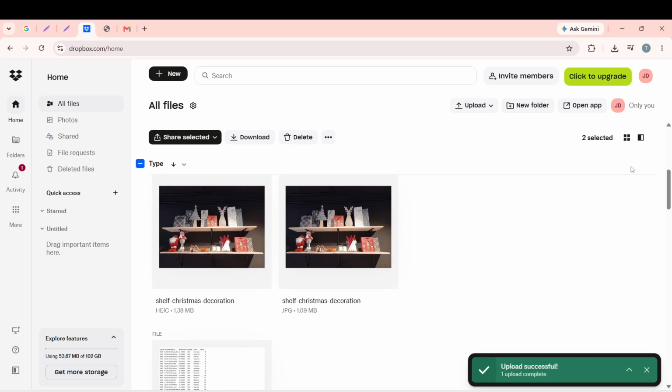After the upload is complete, you will receive a notification that the file has successfully uploaded. You might notice the file appearing in the list of items in your selected folder. This confirmation is essential as it tells you that your file is now safely stored in the cloud. You can rest assured that your important documents, photos, or videos are accessible from any device with Dropbox. This seamless access is one of the major advantages of using cloud storage.